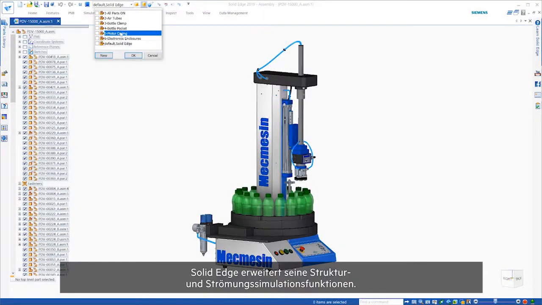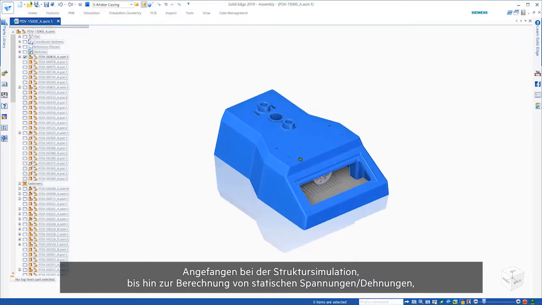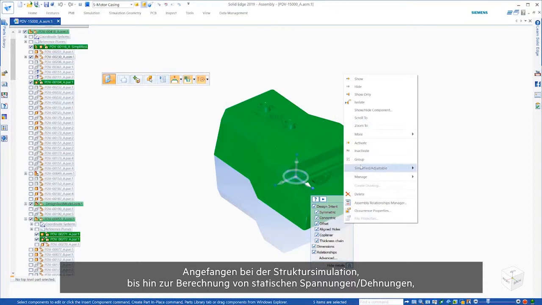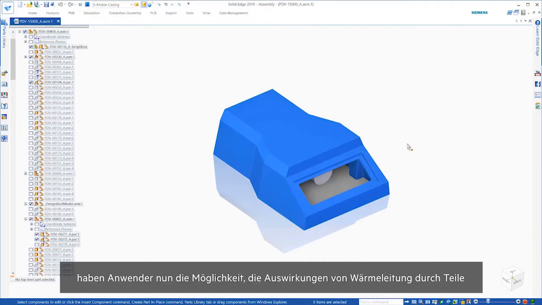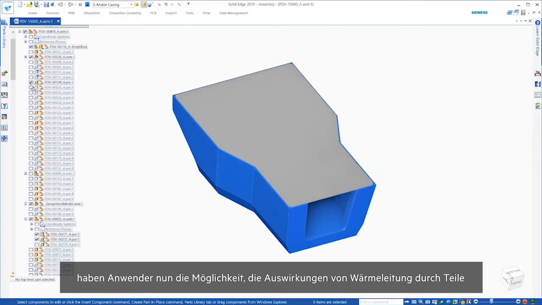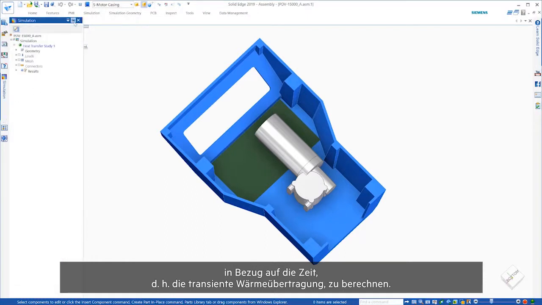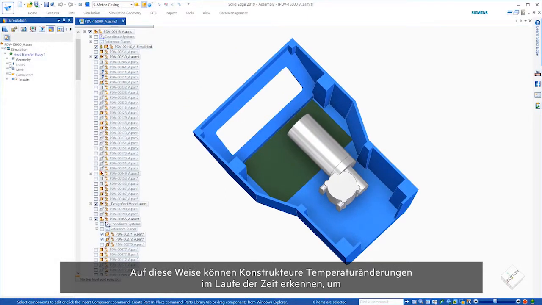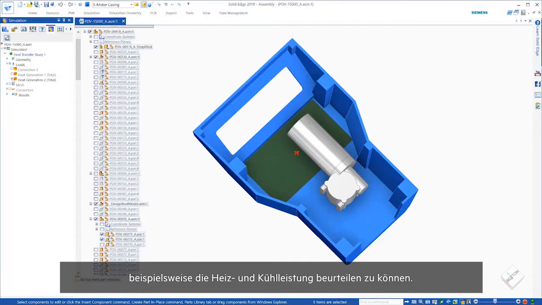Solid Edge expands its structural and flow simulation capabilities. Starting with structural simulation, in addition to static studies for stress, strain, buckling, vibration, and steady-state heat transfer, users now have the ability to study the impacts of heat moving through parts with relation to time, also known as transient heat transfer. This allows designers to see temperature changes over time in order to assess things like heating and cooling